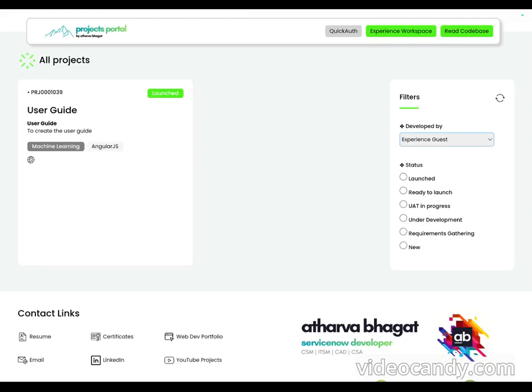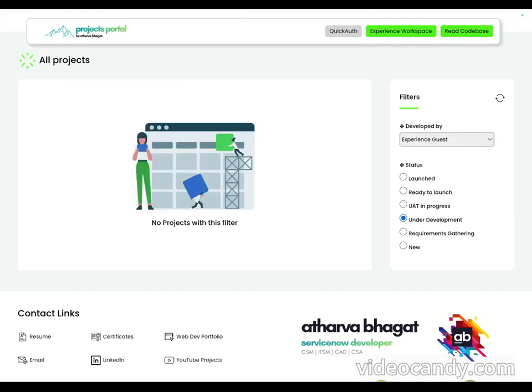Now I can also filter on the statuses. Let's say I do under development, then there are no projects with this filter, so it shows me an empty state container as well. And I can also reset this. If I just go and click on the reset,